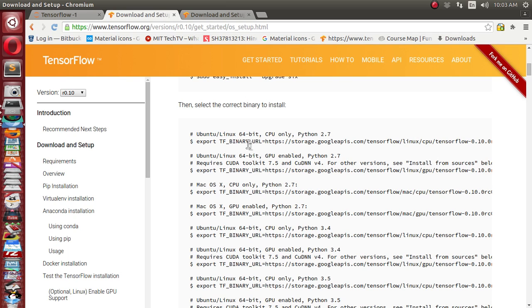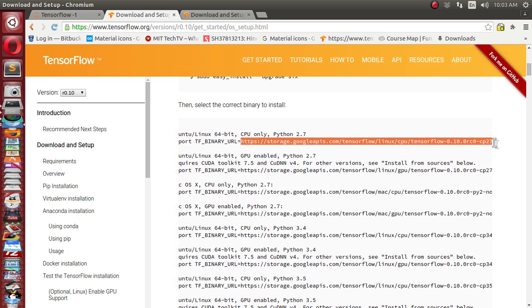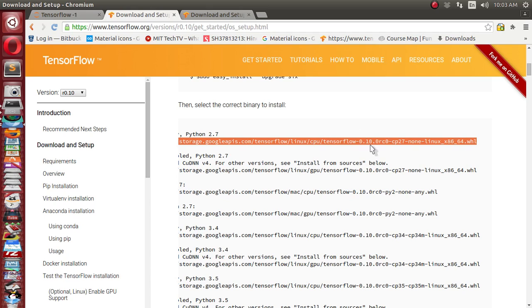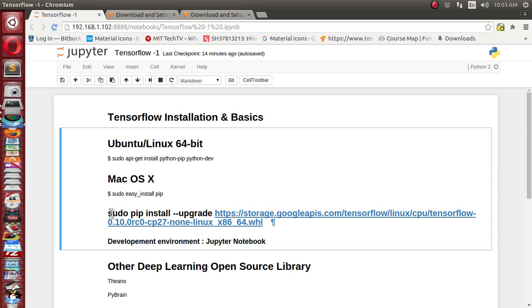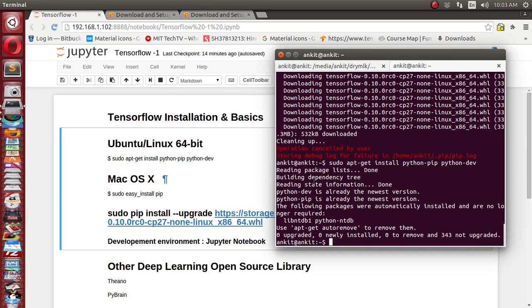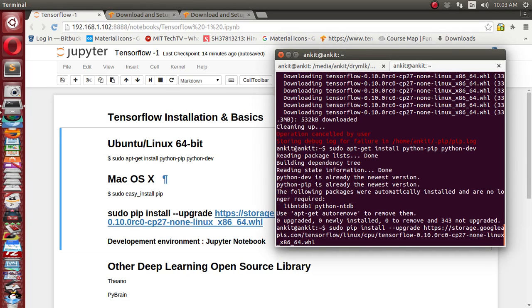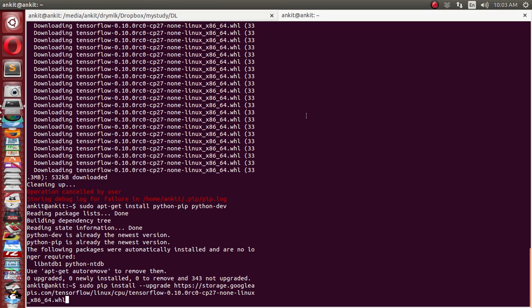In my case, Ubuntu 64-bit, I'll use this one, and it has the newest version, 0.10. So let's do it. Just append your URL to pip install upgrade, and it will start working. I'll make it bigger for you. So pip install upgrade, and you need to provide this URL.